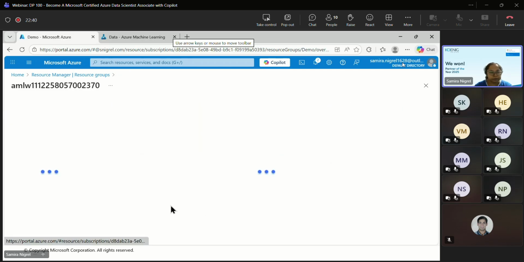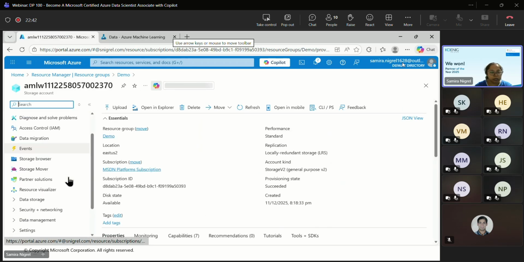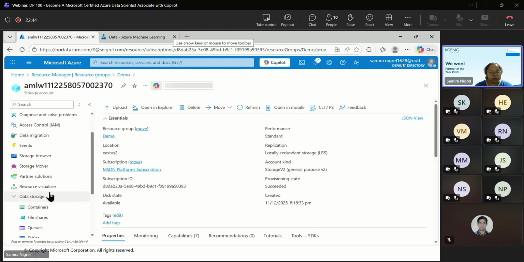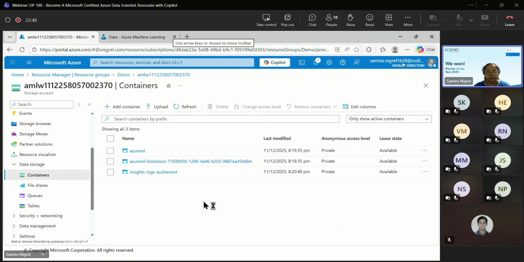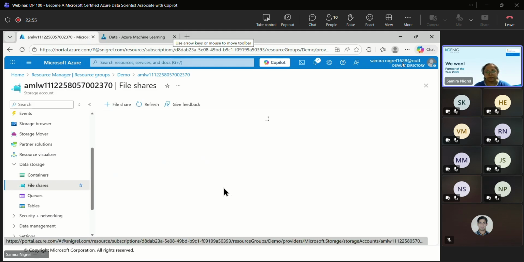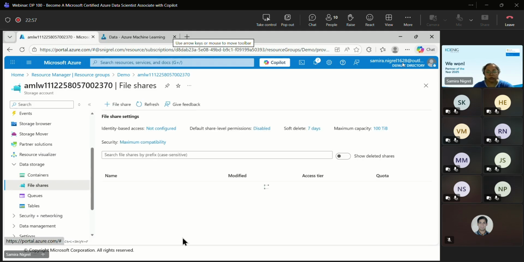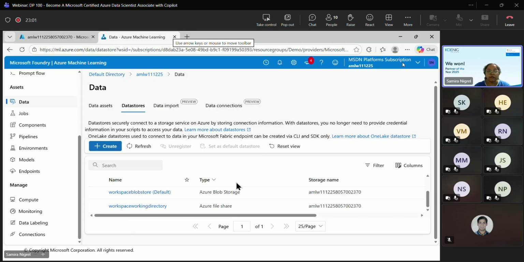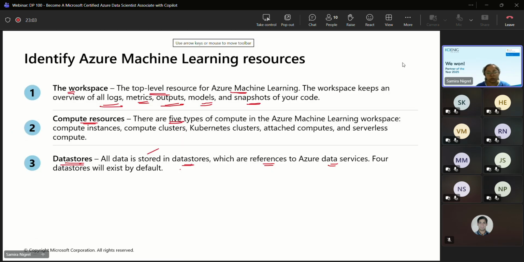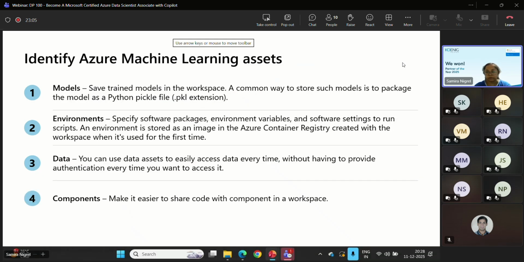Here, the storage account. If you expand the data storage in the containers, you will find that 2 are created, the default blob storage. In the file shares, there are 2 which are created. So these are default data stores which will be provided to you.